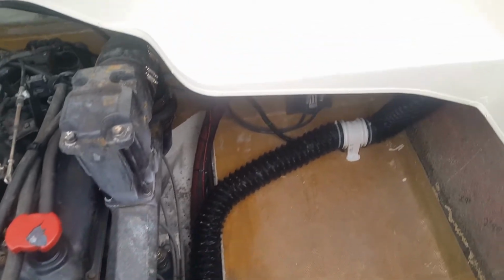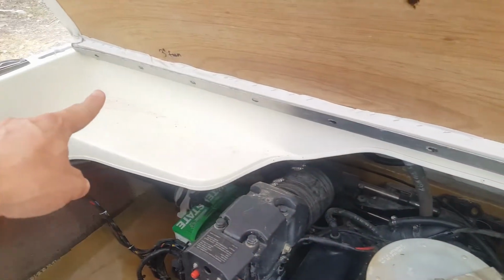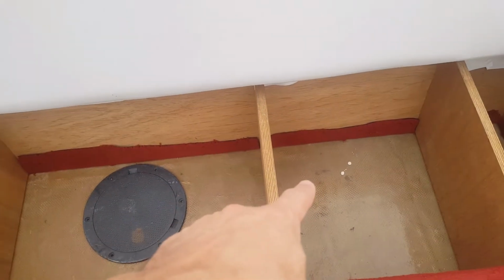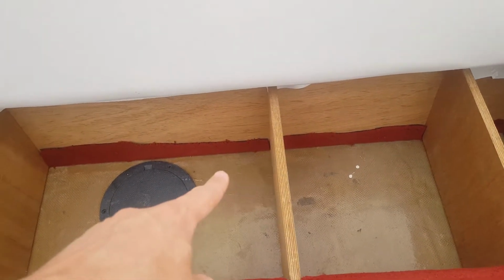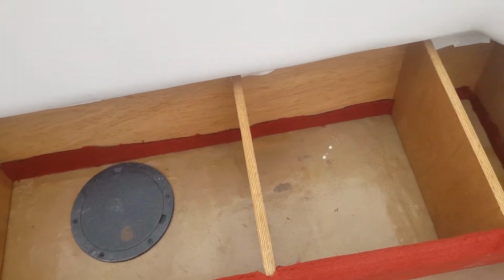So anyway, what we're going to do to kick things off is I'm going to put the different stainless steel screws all along the sides, and then stepping back, we're going to cut the aluminum angle iron to fasten this bench into place. Now notice it actually has a ledge